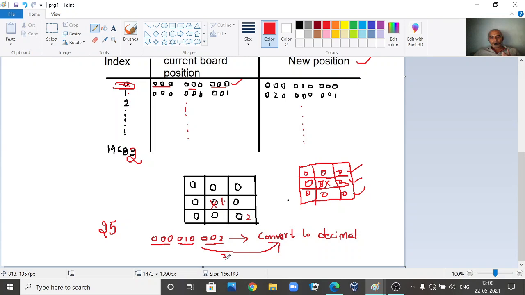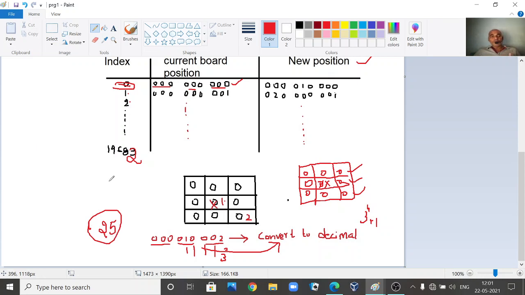This will be 3 to the power of 0, next 3 to the power of 1, 3 to the power of 2, etc. like this, 0 1 2 3 4, 3 to the power of 4, plus 1. So this will be the decimal number, right? Suppose we have a board position and when we convert it into decimal, we get the number 25.